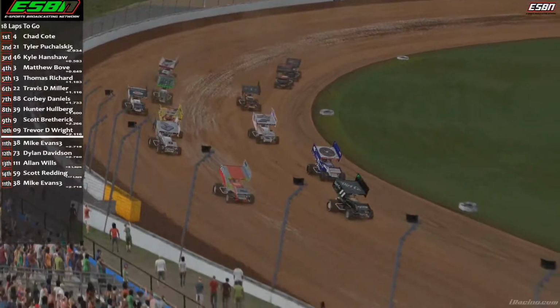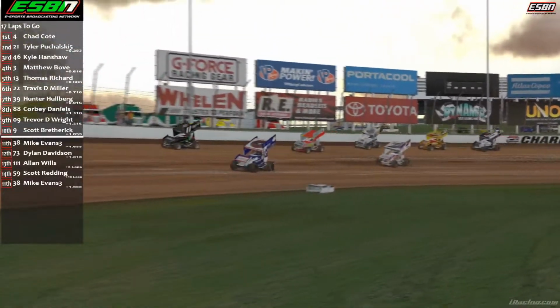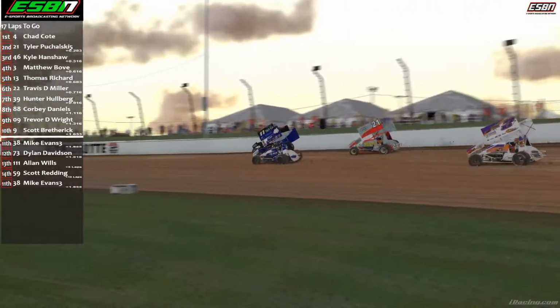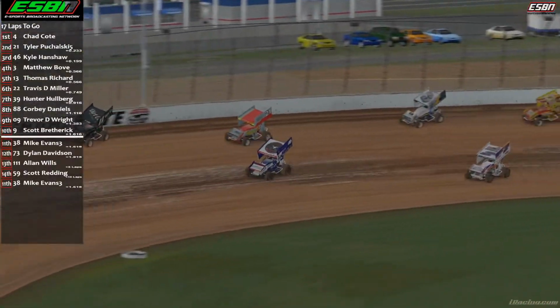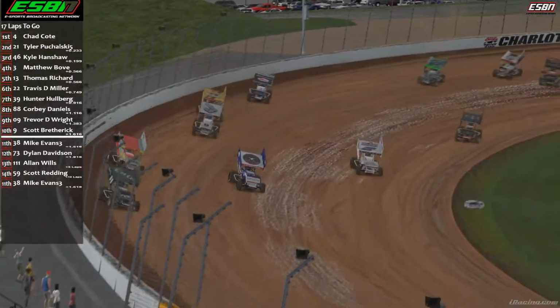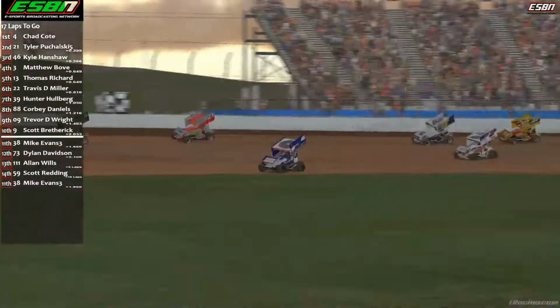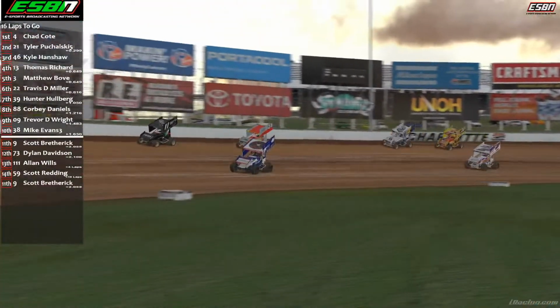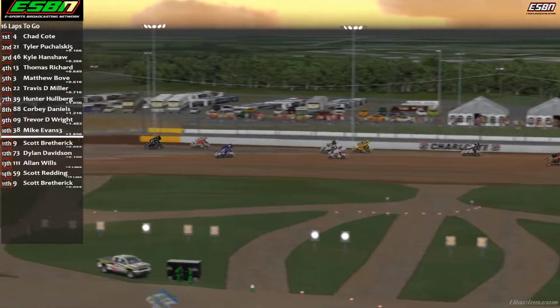Green flag is out, and Tyler was trying to beat the 11 to the punch. It did not work out. But, hey, how about this? Kyle Henshaw just threw it in. They're going into 1. Let it all hang out. The thing is, he's right where that slick spot is. You can see it's kind of shiny in the middle of the corners. They have to get up there quick, and not going to make it happen is...